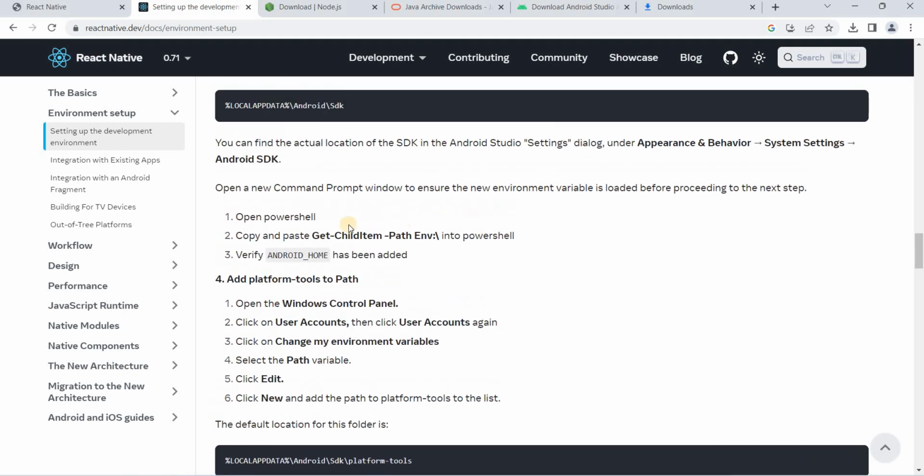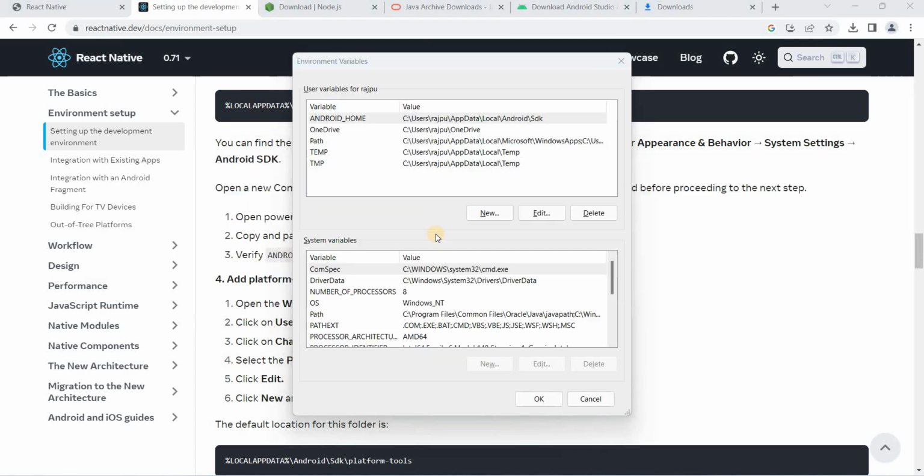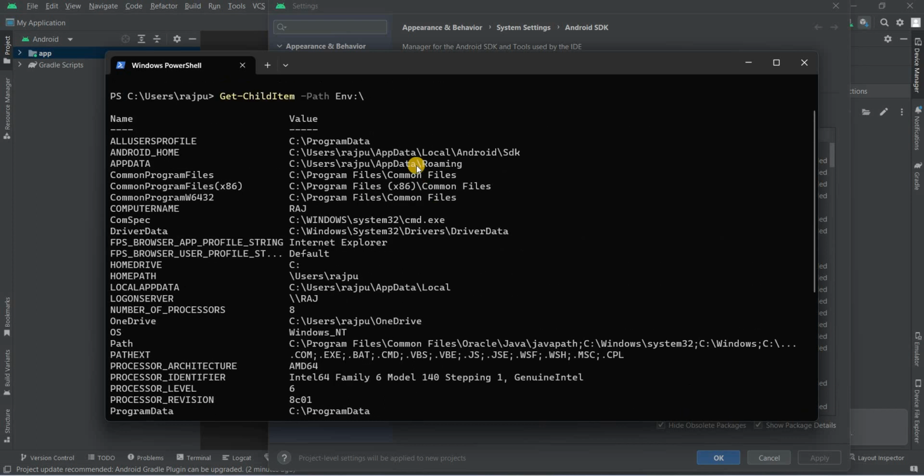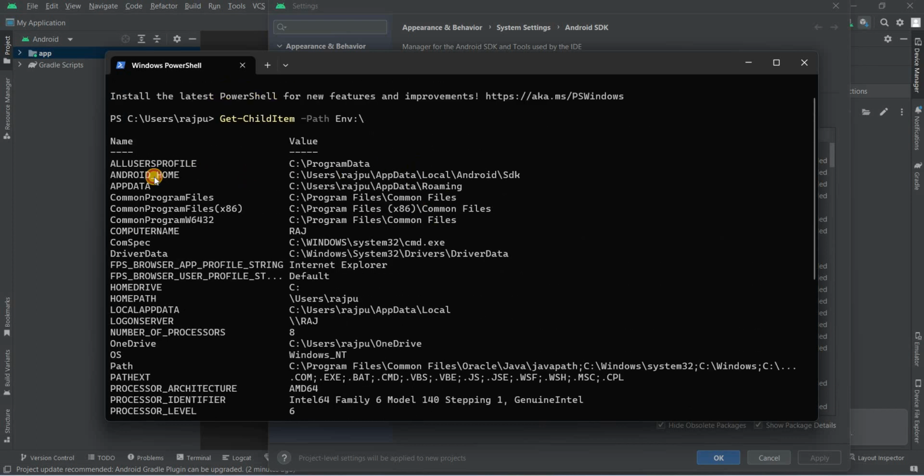Simply copy the Get-ChildItem Env: command here, go to your terminal and paste it. Here we can see the variable name that we have added, ANDROID_HOME, and you can also see the value of that location. So successfully we have added the environment variable for Android.